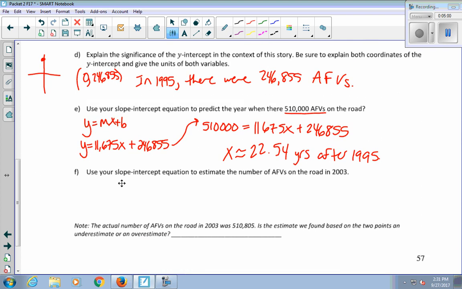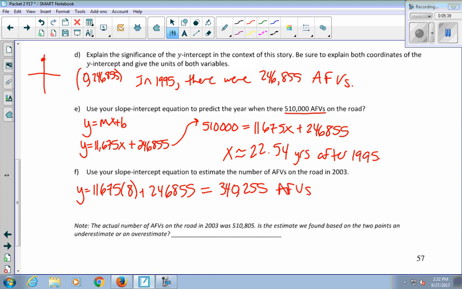So if I want to estimate the number of AFVs on the road in 2003, I have to figure out how many years after 1995 that is. So I do 2003 minus 1995. That's 8 years after 1995. So I'm going to do y equals 11,675 times 8 plus 246,855 equals 340,255